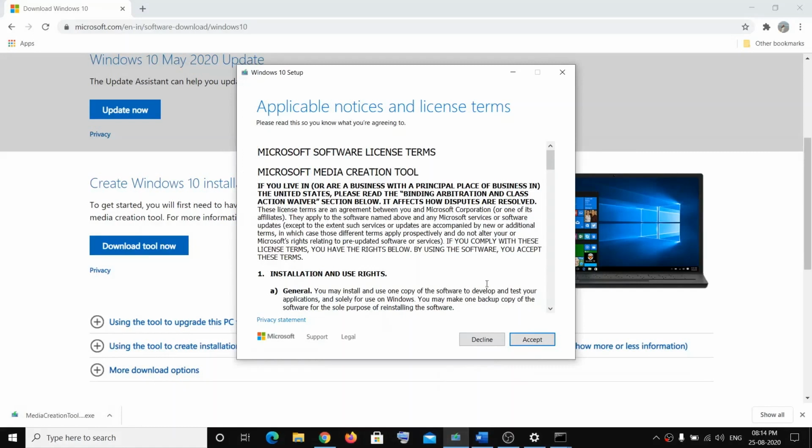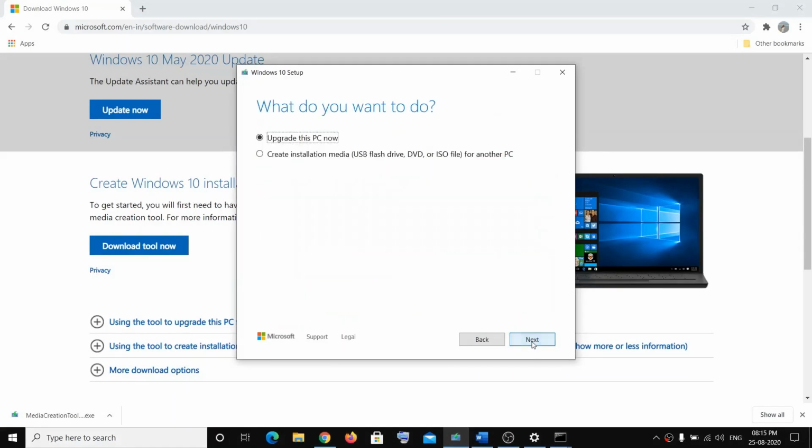you'll see this option. Click on Accept, and the Upgrade this PC now will be automatically selected. So click on Next. And once this will start,